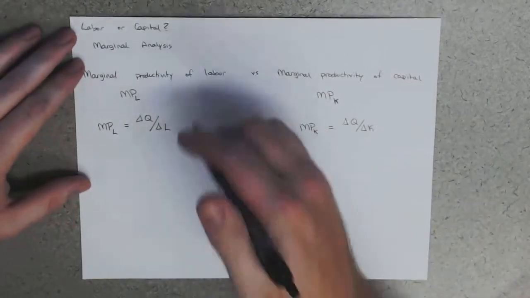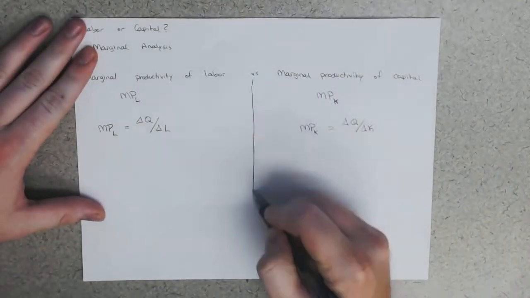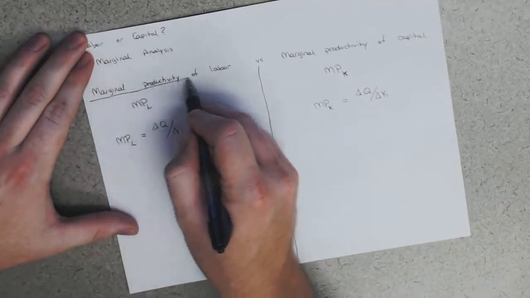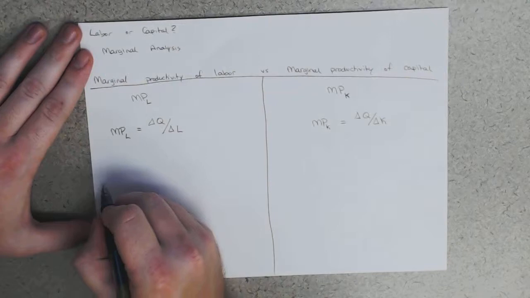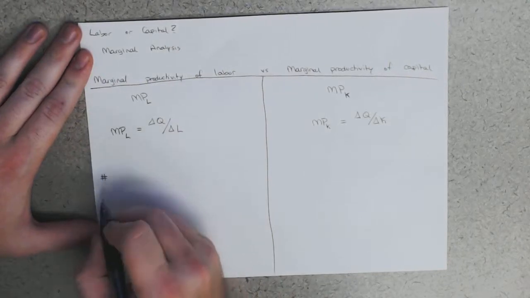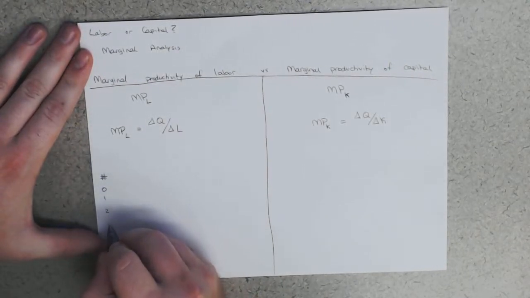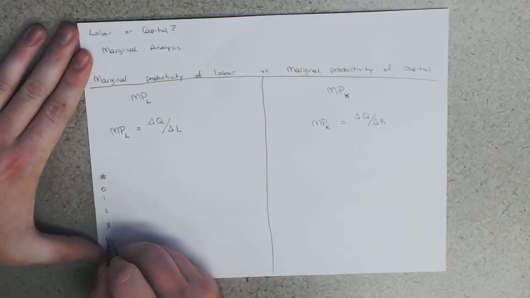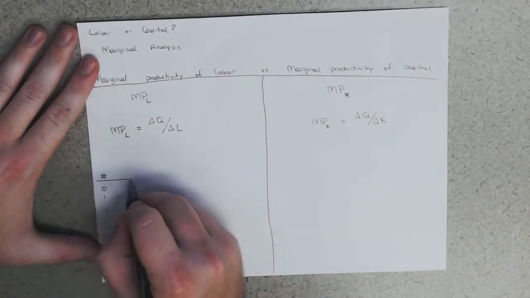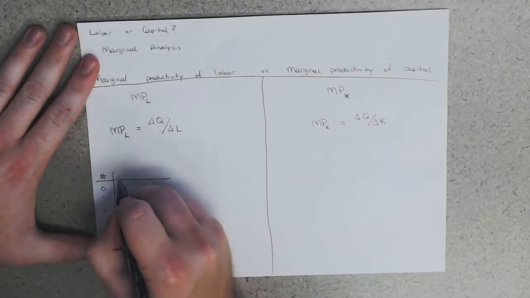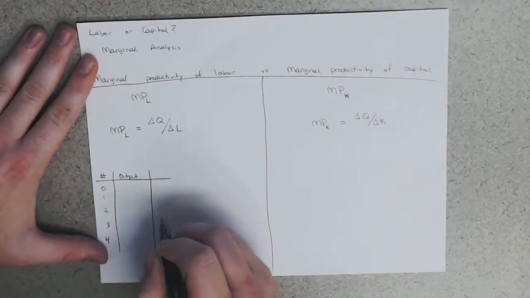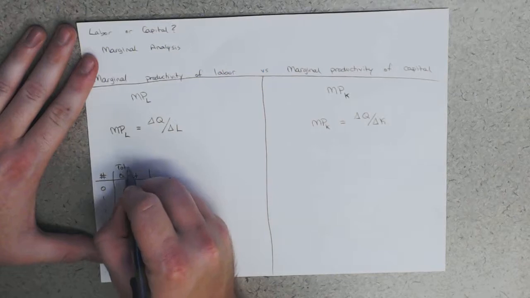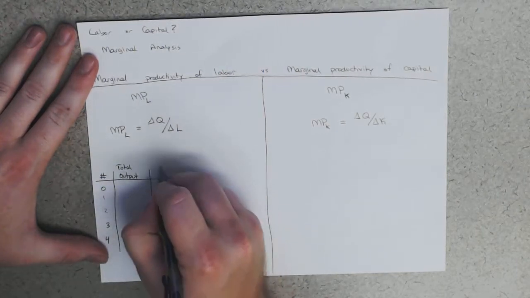Okay, so let's do an example of marginal productivity of labor. So I'm just going to divide this into columns, right? Let's do an example. So let's say we have some number of workers, 0, 1, 2, 3, and 4, and some output. This is total output. And we could say, marginal